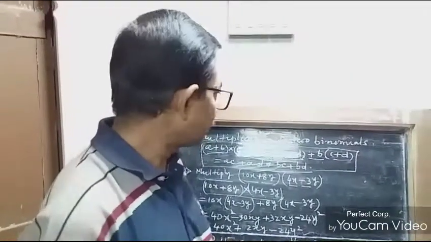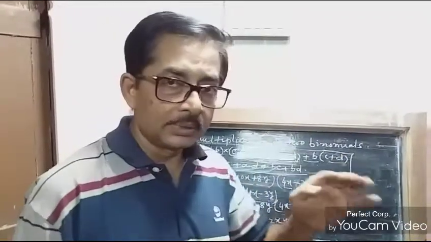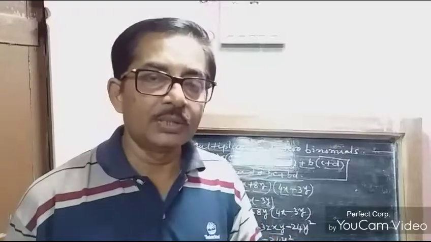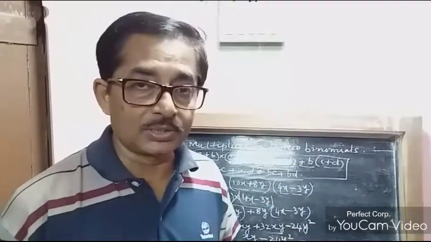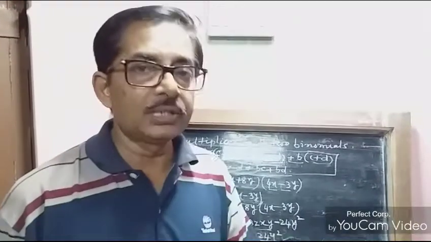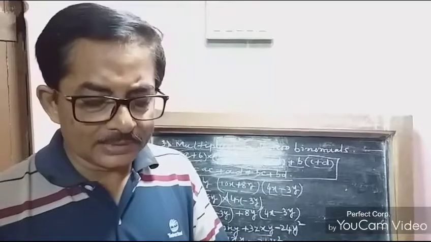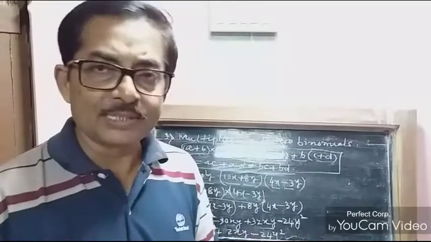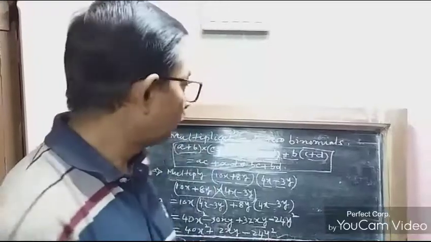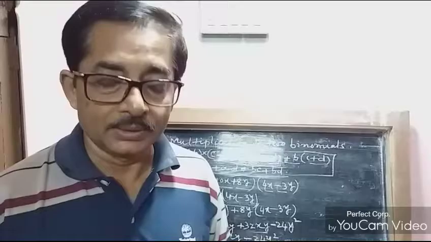So students, I have shown you the different products: monomial, binomial and trinomial with polynomial. I have shown you the different processes, both the row method and the column method. Try to solve exercise number 6b as much as possible. I shall do another video to show some more problems from exercise 6b. Thank you very much.